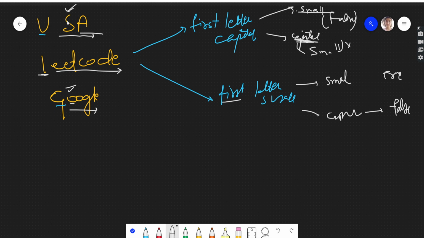If the second letter is capital, it means all others should be capital. So if, let's say, this A is small, that will be wrong and we'll return false. And for this one, we'll check the second letter. This is small, hence everything should be small. So if this E becomes capital here, it will return false. Right, I hope you understood the approach.